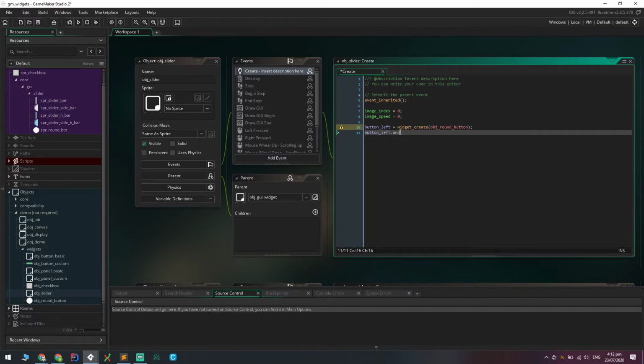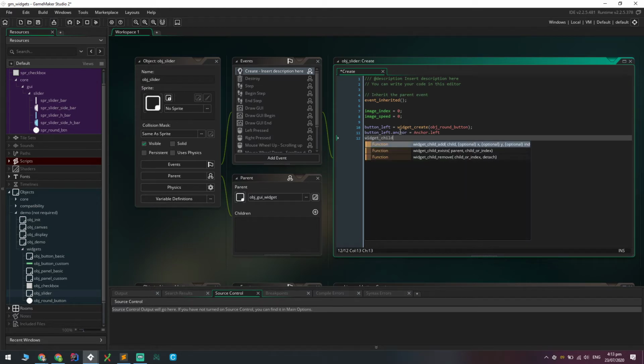So we want to make sure that we're anchoring this button to the left of our slider. So we want it to start on the left, and then we also need to add it to the slider object. So we just do child add, and then we pass in the button left,